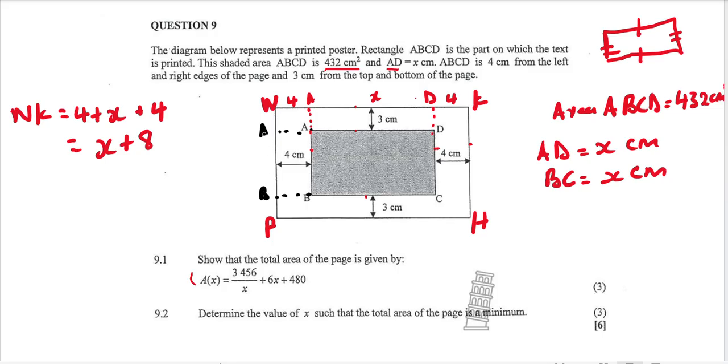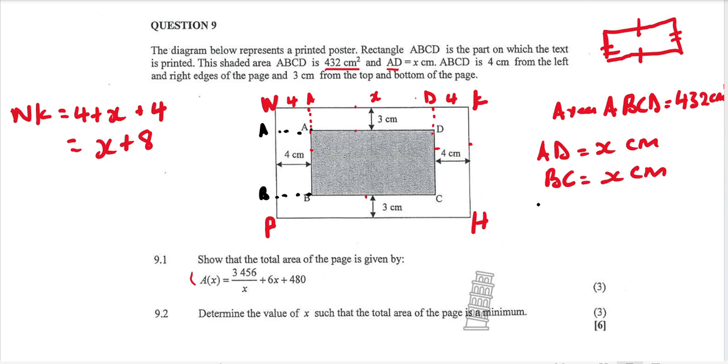We don't know the distance of what? Of AB. That's our problem. We don't know the distance of AB. But since we were given the area of ABCD,